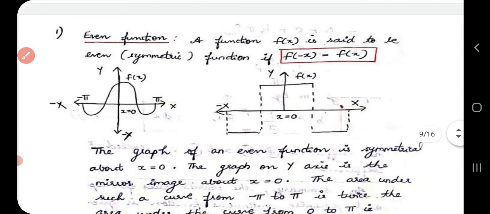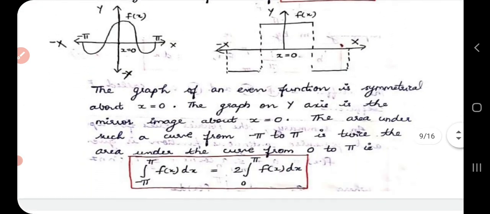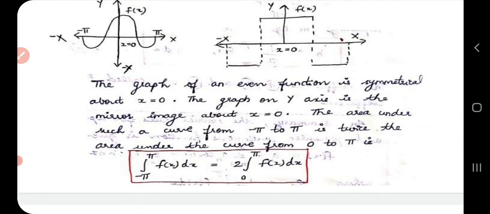Now this I think you have studied in your lower classes, even function and odd function. We know a function f of x is said to be even or symmetric if f of minus x is f of x. Now here the graph of an even function is symmetrical about x equal to 0. That is, the graph on the y-axis is the mirror image about x equal to 0. Now the area under such a curve from minus pi to plus pi is twice the area under the curve